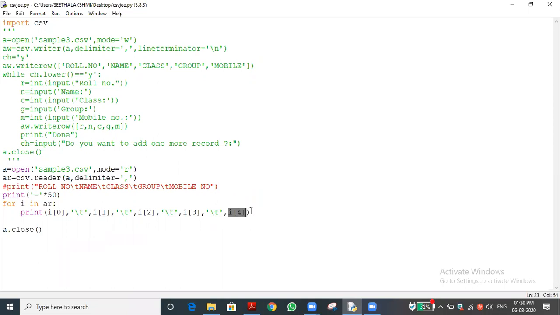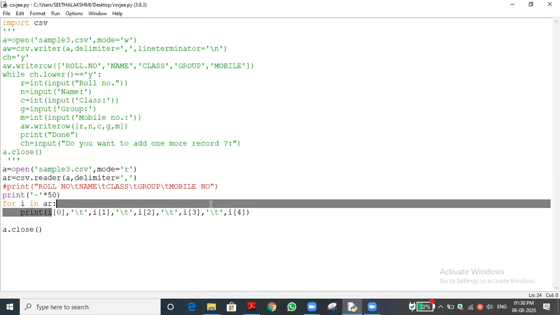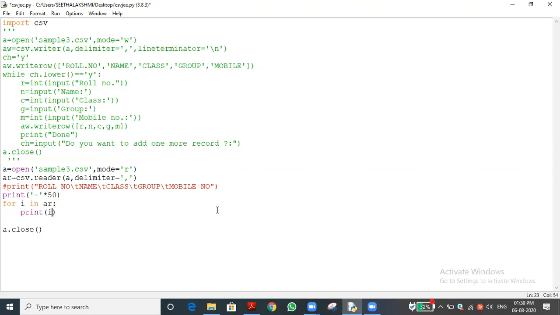Have you understood, Ashwant? It is somewhat useful for you in your project. Not only his project, but for everybody. Instead of storing in a different data type, you can use CSV also. For the time being I'm saying this; later you can convert it to SQL. The next topic is SQL, after this Python. So now we understand how to print this, or else we can print the entire i value also. Let me run this program again.